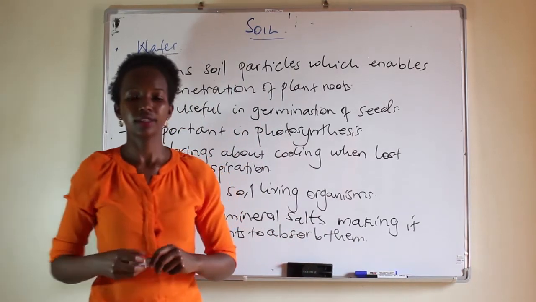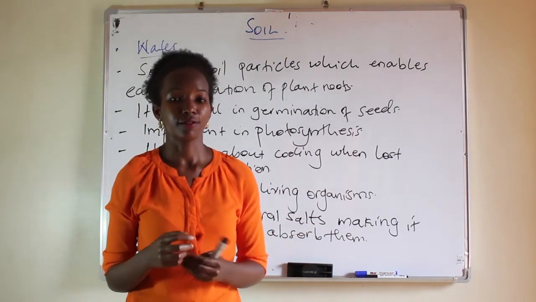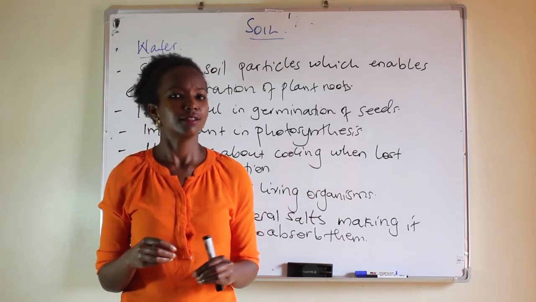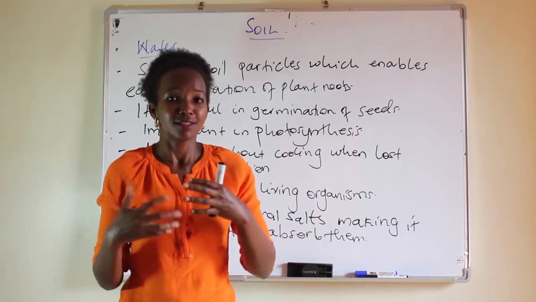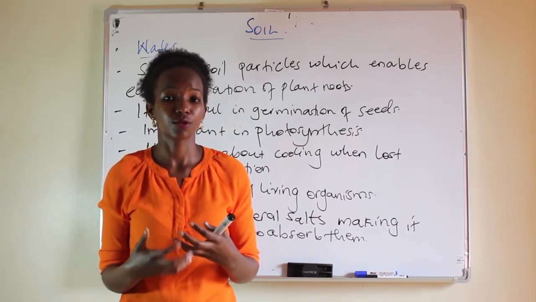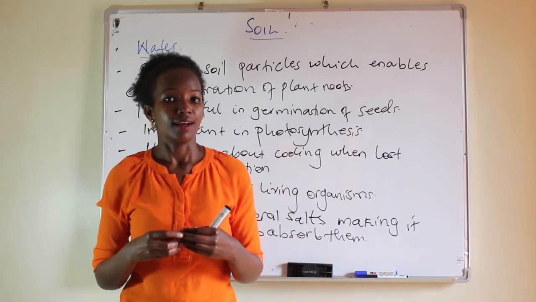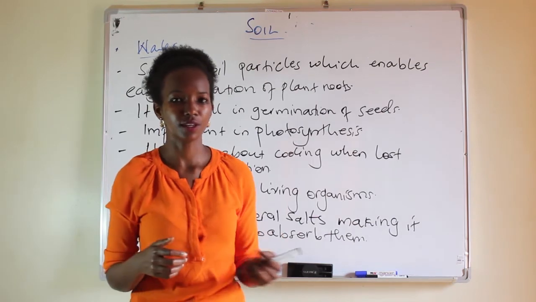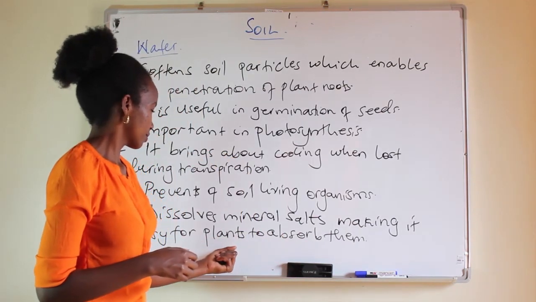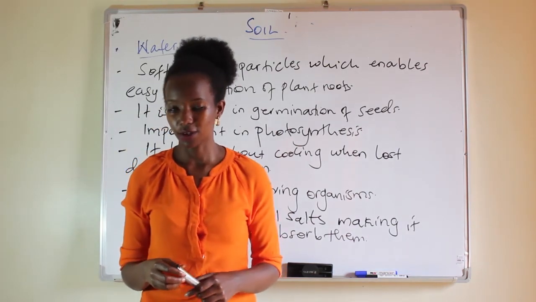So it eases plants because plants need these mineral salts, a lot of them, but they cannot get them otherwise. The main way they get them is when they're dissolved within the soil water. So they're dissolved and then the plant can get them, and not even the plant alone, all the other organisms use them. But it's the importance of water to dissolve them so that they can be easily absorbed by those organisms that